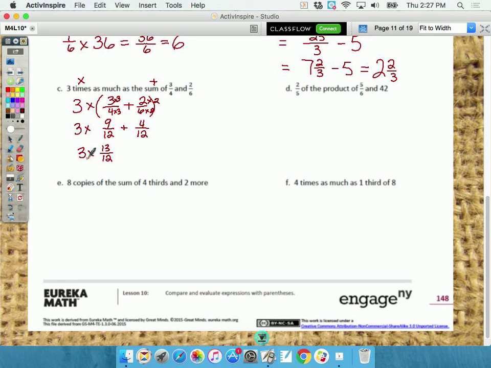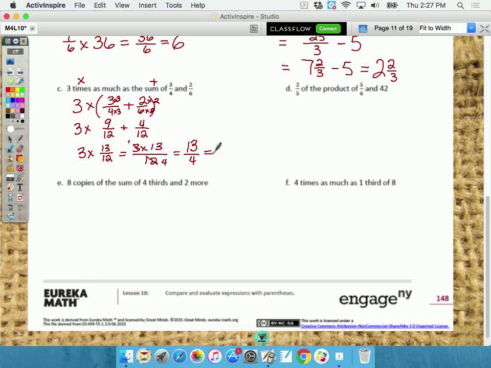Now because I'm multiplying, let's wait. So I have 3 times 13 divided by 12. Write that out, trust me. We're going to factor. Now this is opposite of what we've been doing, but it works the same way. 3 divides evenly into 12. How many times? 4. Okay, so now I have a much simpler problem to solve. 13 divided by 4